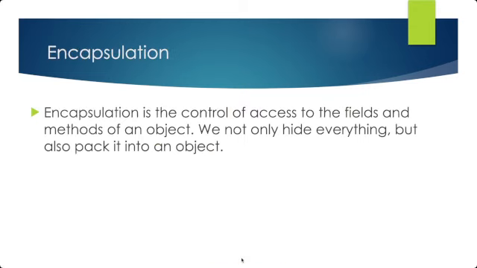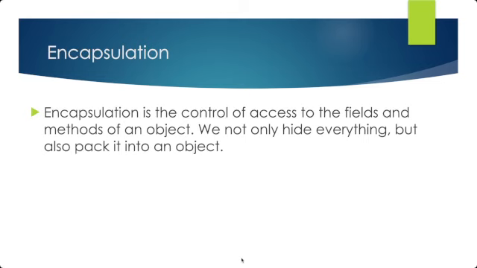The next principle is encapsulation. It means we control access to the data and behavior of an object. We don't just hide the data, we also wrap it into one place inside the object, like a capsule. This object decides what is public and what stays private. This is good because it protects internal data from being changed in the wrong way. It lets us change the inside of the object without breaking other code, and it keeps the object behavior clear